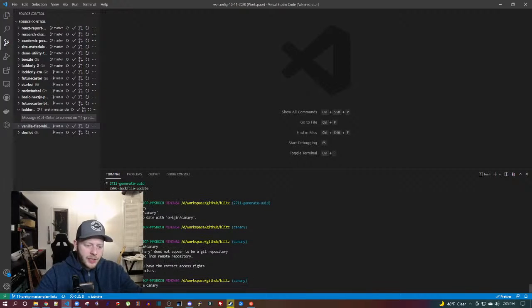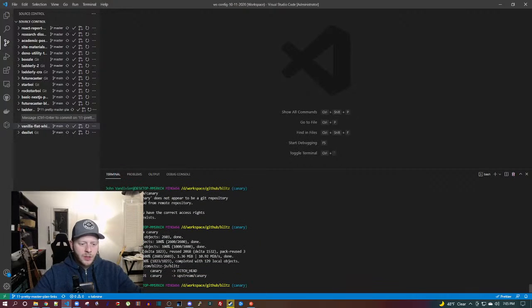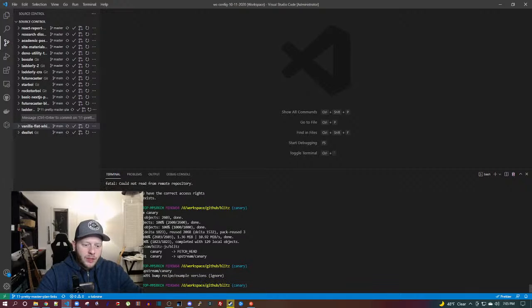Let's switch that slash to a space. Yep, there it is. All right, so now we have the latest code from canary. I'm going to git reset --hard on upstream canary. So now I have code which is identical to the official Blitz canary head, and now I'm going to git